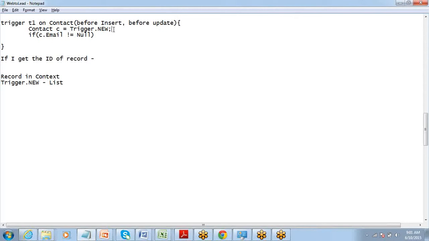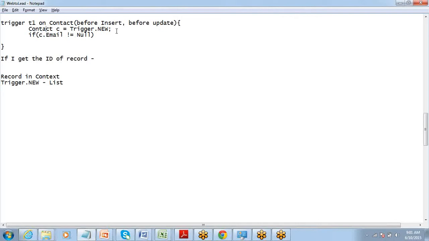Why is trigger.new a list? Why is it returning a list? Because I might be performing a bulk data operation also. I might be trying to insert 100 records at a time. So trigger.new always returns a list of records, right? But the comparison I need to do one by one. I cannot do a full comparison of the list. So for that I need to use this sObject, a single record, right?